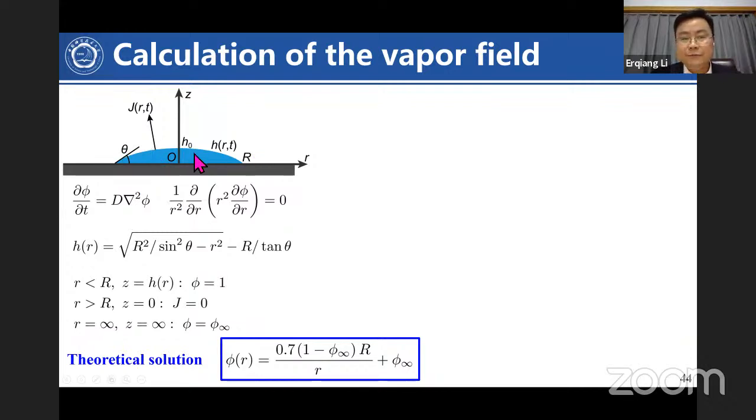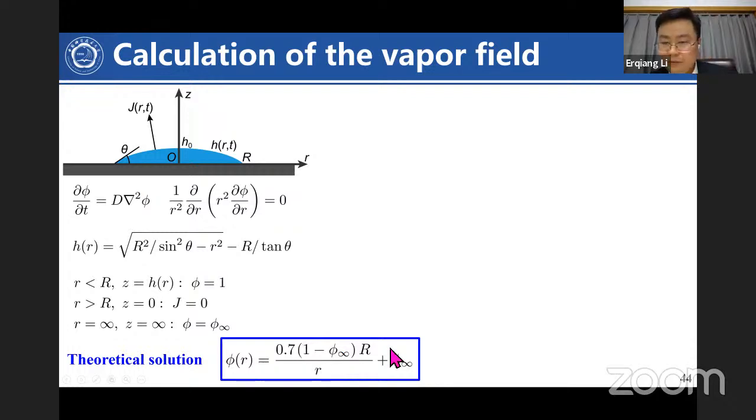You have a thin film on a solid surface, right? So we have this equation, I mean the relative humidity equation. We can solve it with free form. I mean, actually, we use free form to solve it. So what we get is a solution like this.